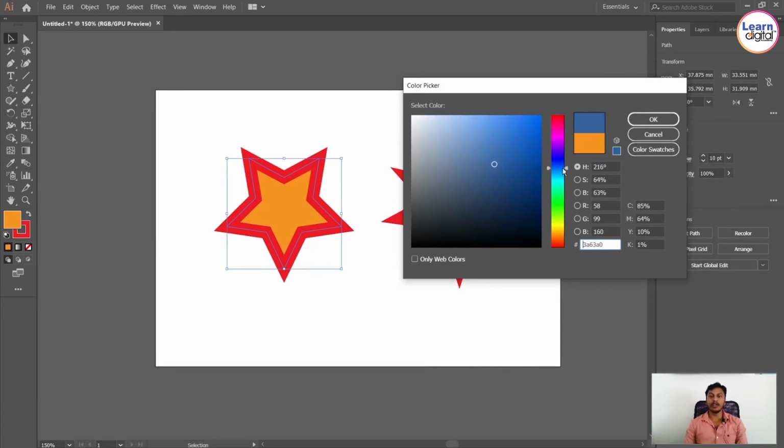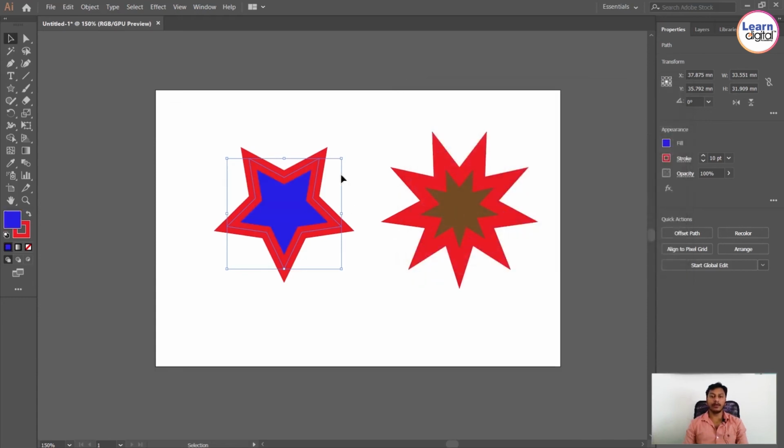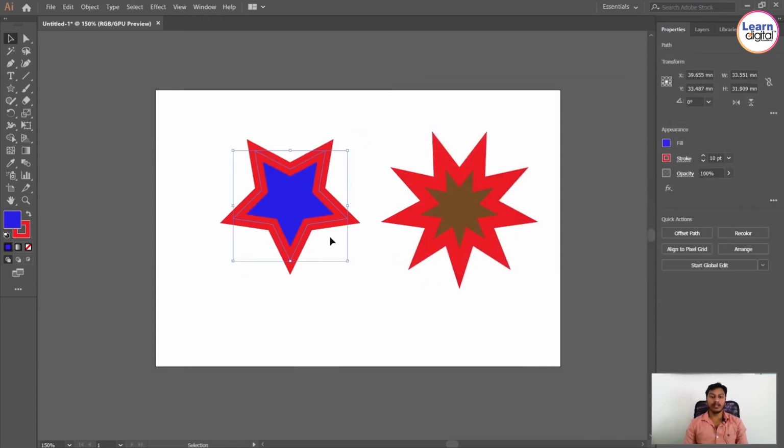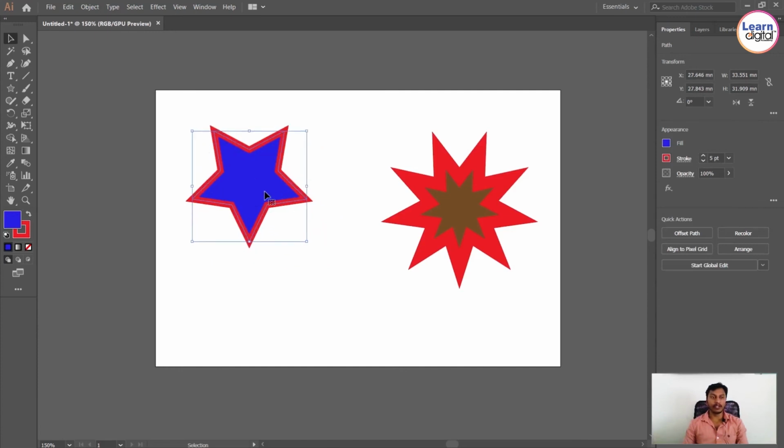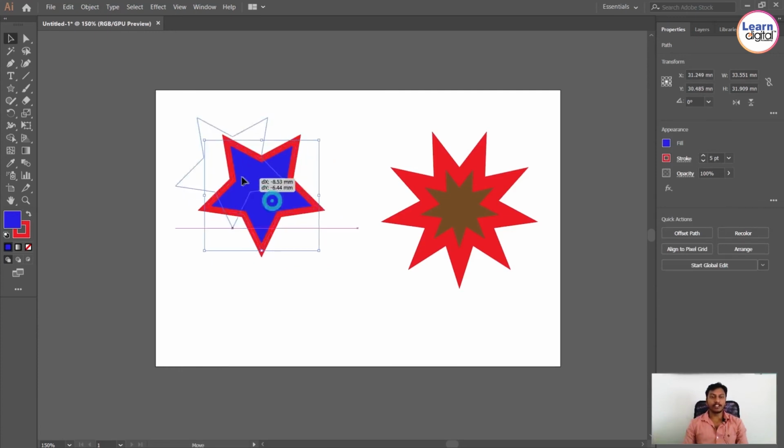You can use millions of colors, millions of shades. Once it is done, apply OK. Then again in the same way you can change the stroke. If you don't want the stroke thickness to be more, just decrease the stroke points. So this is how normally we work with the basic tools, the basic shapes.